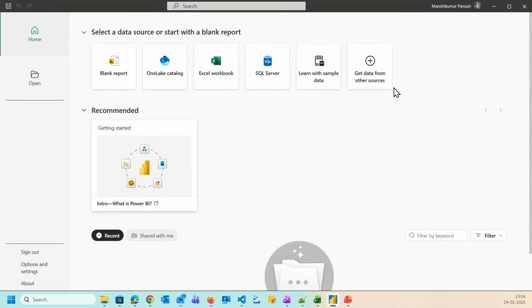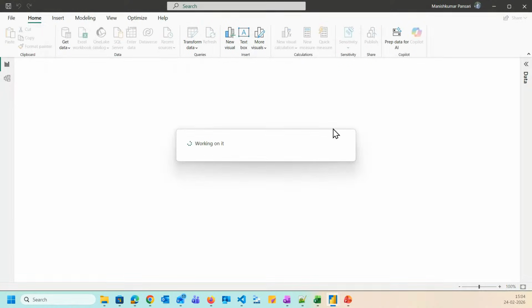Here in Power BI, you have options like get data from other sources. You can edit, open it. So it's a desktop application. It will take a few minutes.